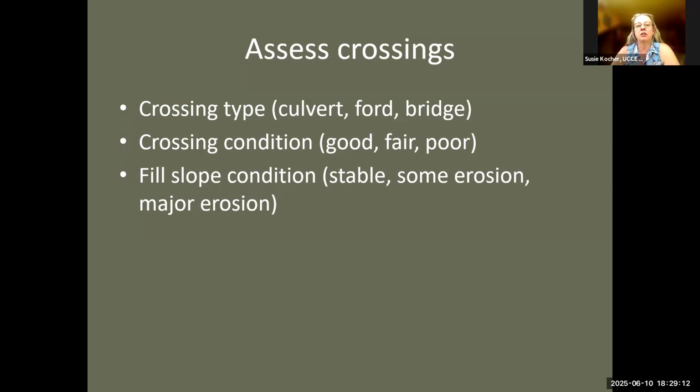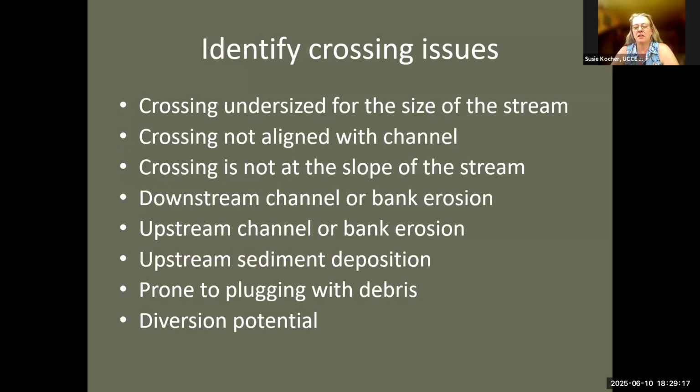Is the actual crossing in good condition? And how does the fill slope around it look? So there are some of these issues that we're going to look at here. It could be undersized, it could be not aligned, could not be at the slope of the stream. It could be causing erosion below the crossing or above it. It could be at the wrong angle so that sediment fills up above the culvert. It could be prone to plugging or, because of how it's shaped, have the ability of diverting the stream entirely